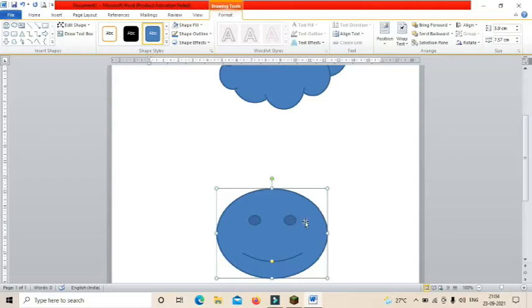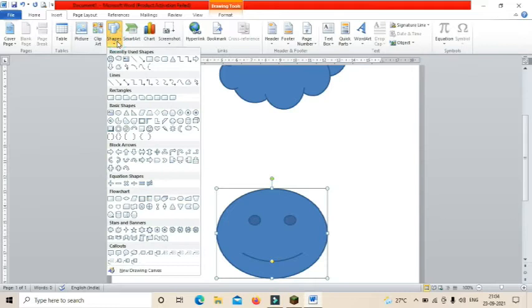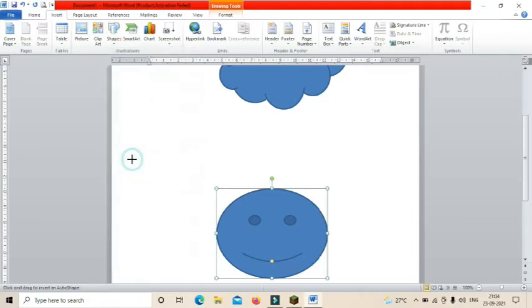So first what we have to do? First we have to click on the Insert tab and then click on the Shapes option. When we click the Shapes option, you can see a list of shapes available under this option. Select the shape by clicking on it, and the mouse pointer changes into a plus sign.